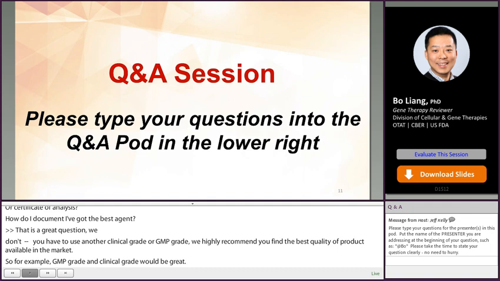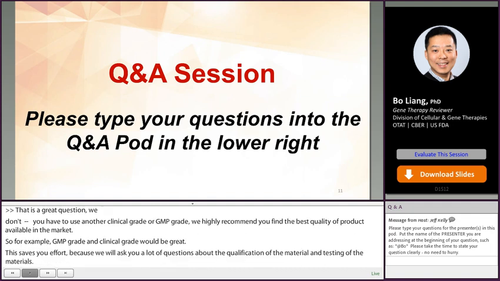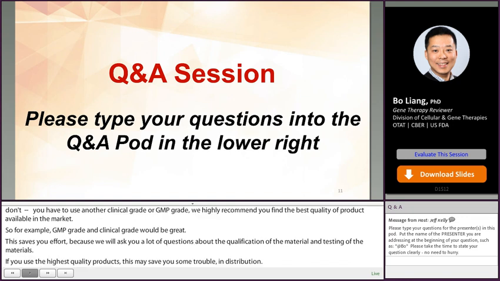So if you use the highest quality product, this may save you some trouble in the IND submission. For example, if a product uses human serum albumin, because this is a human-derived material, if you use FDA approved human serum albumin, we won't ask you many questions about the